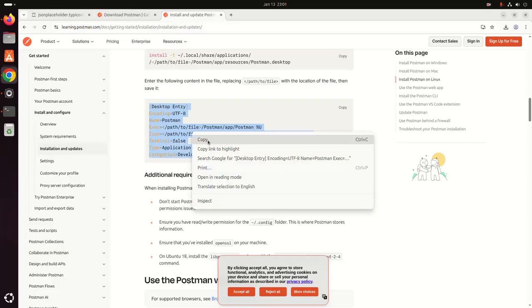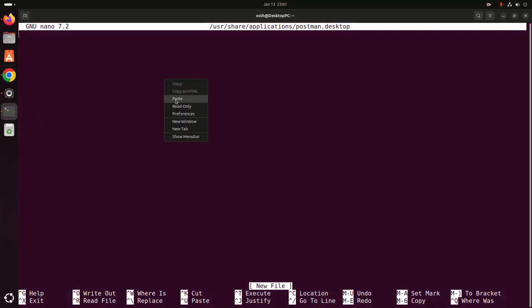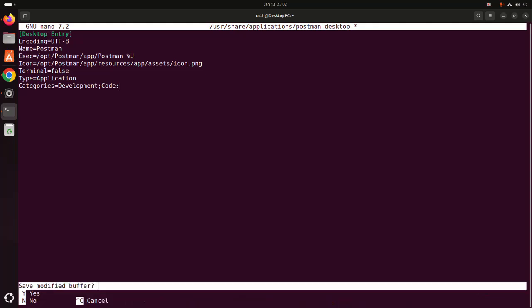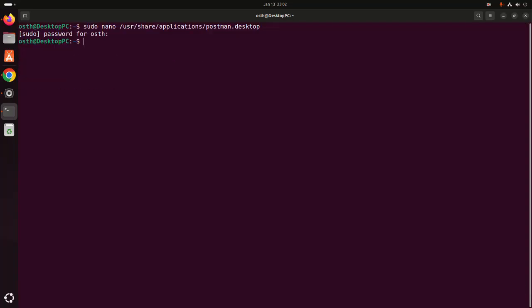copy this and paste here and update the executable path here, opt, and also change the path, opt. Okay. Now save this file in the nano text editor: Control X and then Shift Y, then hit enter. Okay,